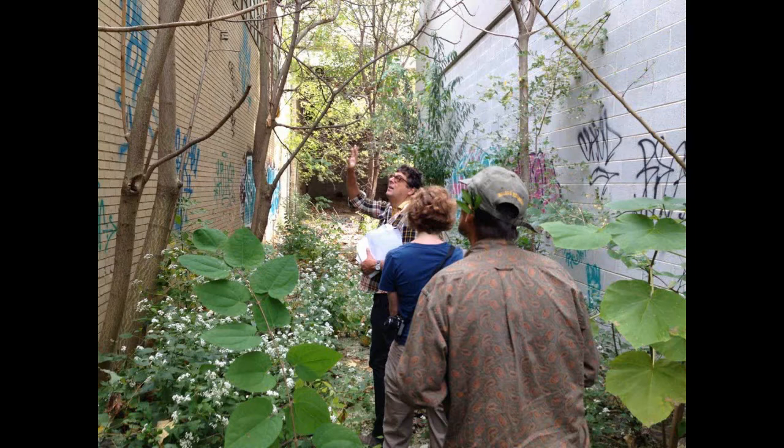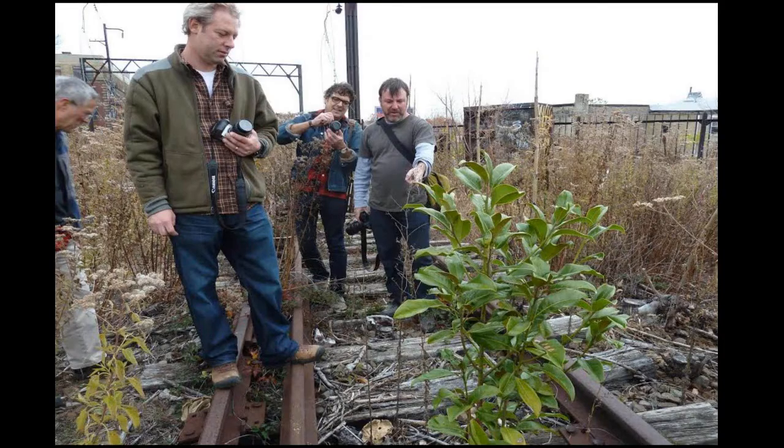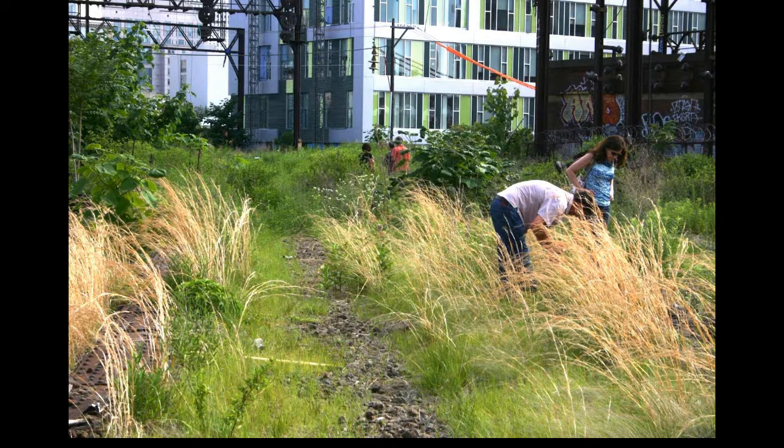Here we have Cercidiphyllum, Katsura, and our native Eupatorium altissima, and Japanese Paulownia. In the background, you see some black cherry growing. Here we found seeded-in southern magnolia growing right out of railroad ballast. And again, what we always see is the plants low on the successional chain. Again, Andropogon virginicus, and an annual that this is James Brown from the New Moon Nursery